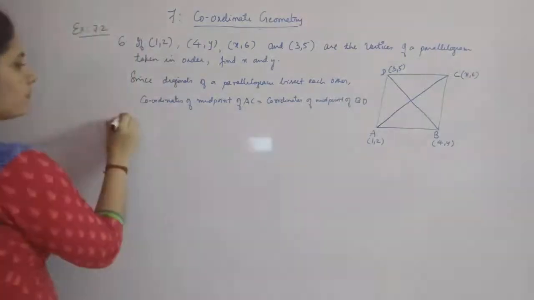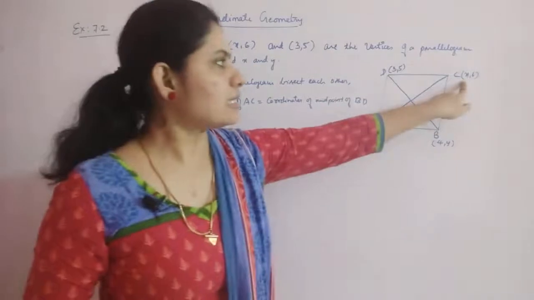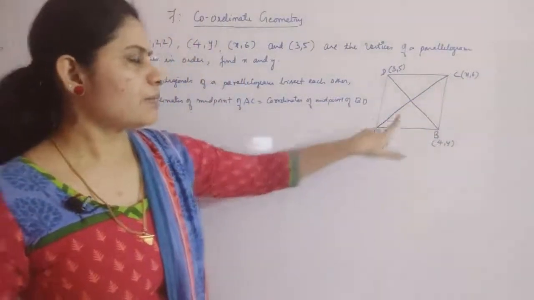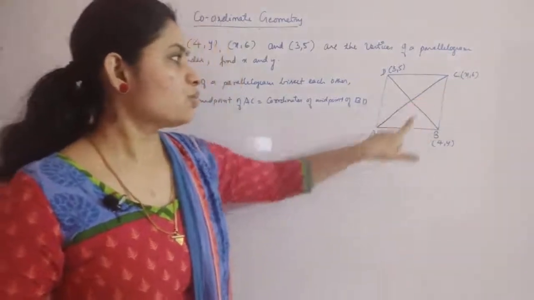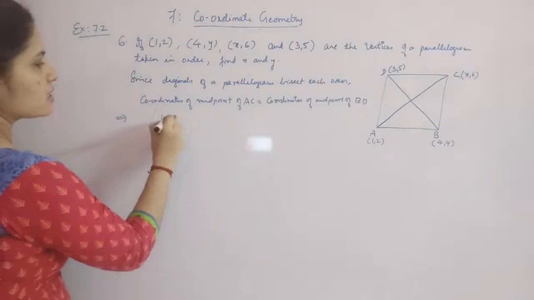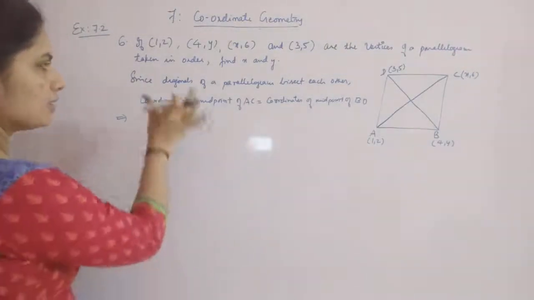Okay, that means what will be the coordinates of the midpoint? If A and C are the points (1, 2) and (x, 6), the midpoint will be ((1 plus x) by 2, (2 plus 6) by 2). Okay, so you will get ((1 plus x) by 2, (2 plus 6) by 2) as the coordinates of the